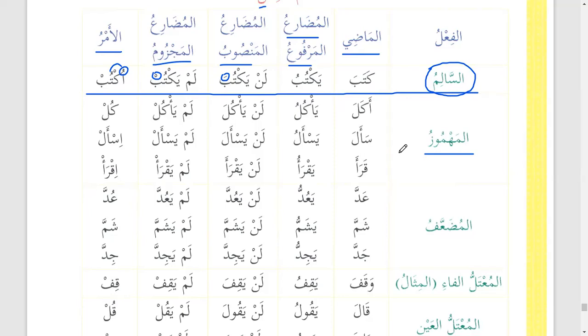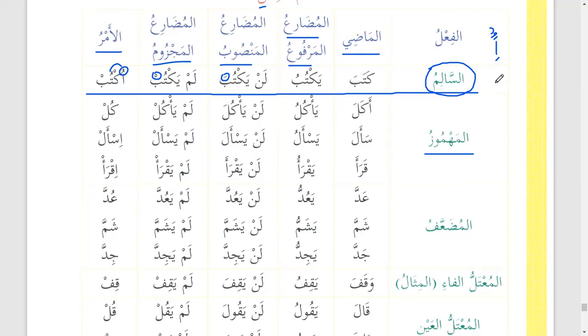What is the difference between alif and hamza? Alif is always empty, and hamza always has a haraka on it. Empty means it doesn't have anything on it. For example, this is alif. If we put fatha on it, then it changes into hamza. If we put kasra on it, it changes into hamza. If we put dhamma on it, it changes into hamza. Even if we put sukun on it, it changes into hamza.